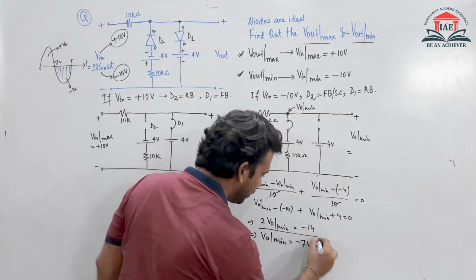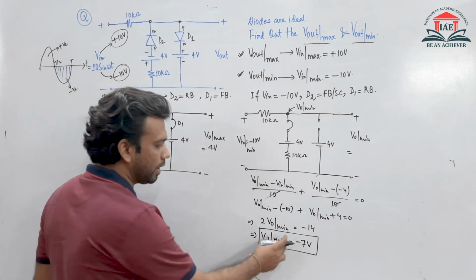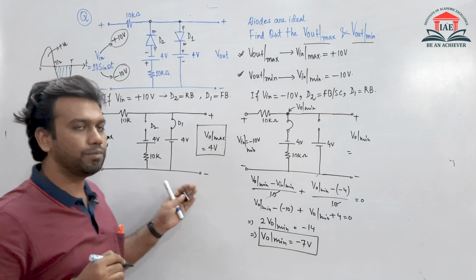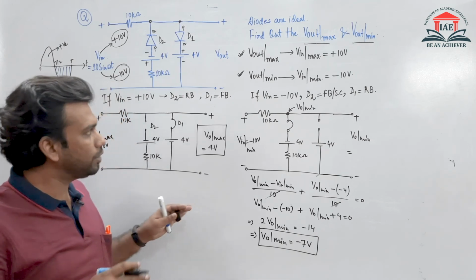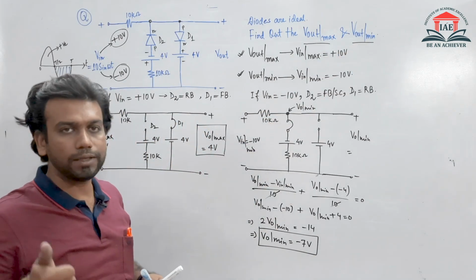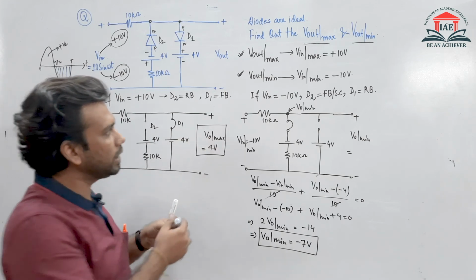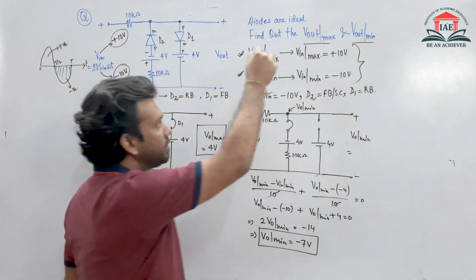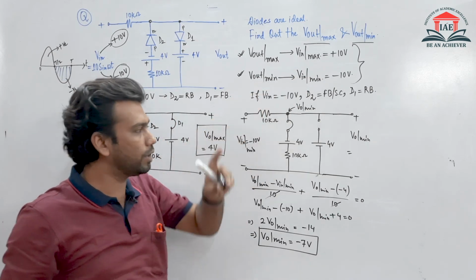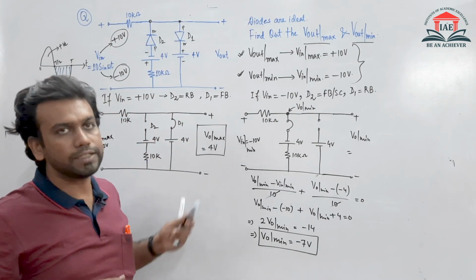जो मैं ट्रांसफर कैरेक्टरिस्टिक से निकाला था वही वैल्यू आया है. तो यहाँ पे मेरा V0 का मिनिमम वैल्यू -7 आया, यहाँ पे भी मेरा V0 मैक्सिमम का वैल्यू 4 वोल्ट आया जो मुझे ट्रांसफर कैरेक्टरिस्टिक से मिला था. सो ये दो प्रोसीड्यूर हैं जहां से मैं V आउटपुट मैक्सिमम और V आउटपुट मिनिमम निकाल सकता हूँ. पहला वाला प्रोसीड्यूर ट्रांसफर कैरेक्टरिस्टिक्स का प्रोसीड्यूर था और दूसरा वाला प्रोसीड्यूर जो है यहाँ पे हम लोग ये कॉन्सेप्ट यूज कर रहे हैं कि मेरा V0 मैक्सिमम तभी होगा जब मेरा इनपुट वोल्टेज मैक्सिमम होगा और V आउटपुट मिनिमम तभी होगा जब मेरा इनपुट वोल्टेज मिनिमम होगा. So these are the two procedures of solving this numerical. Thank you.